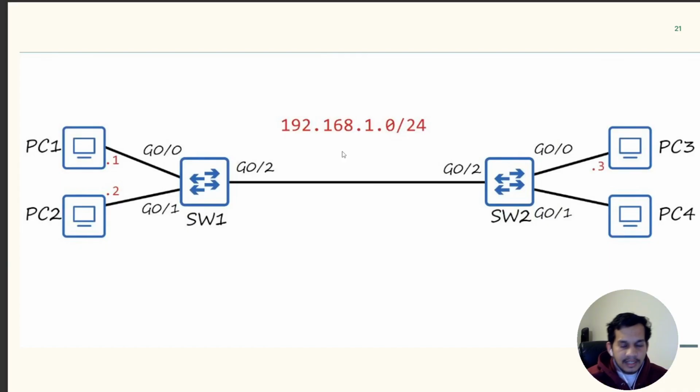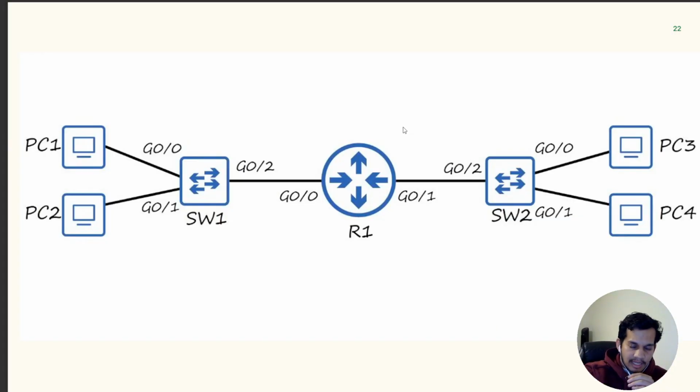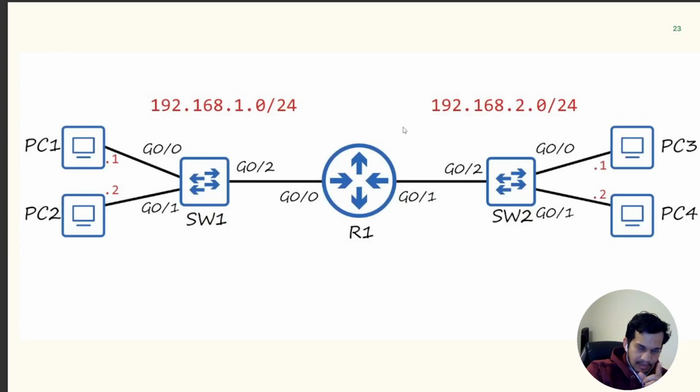Now we'll take a network with 2 switches and 4 PCs, and let's say this falls under the network 192.168.1.0/24. So this is a network, and then we'll look at a similar kind of network, like many types of networks. This is another network which is separated by a router, and then we have two separate networks,